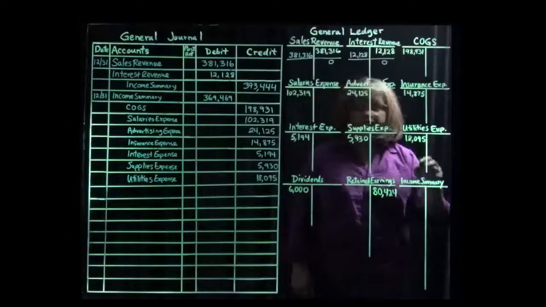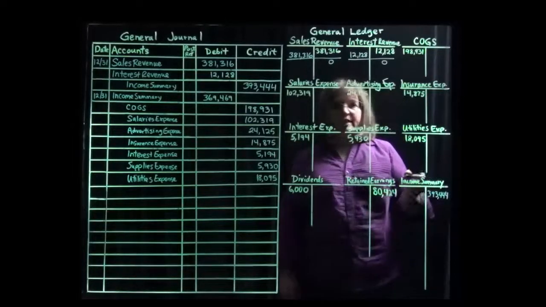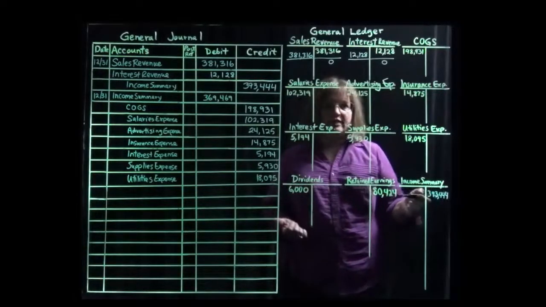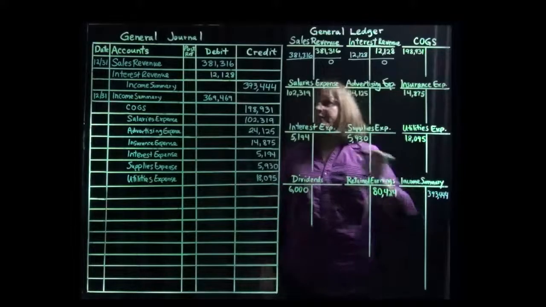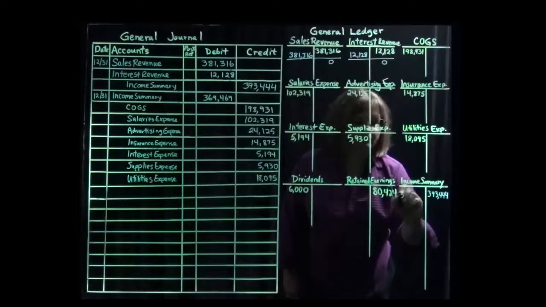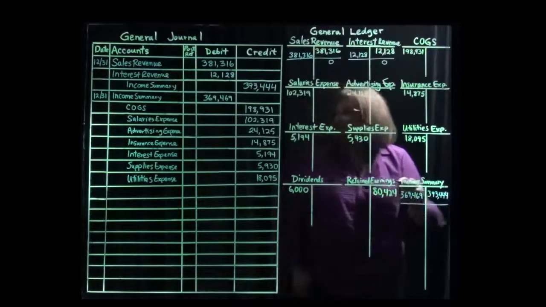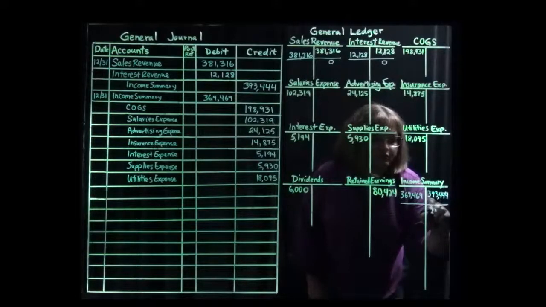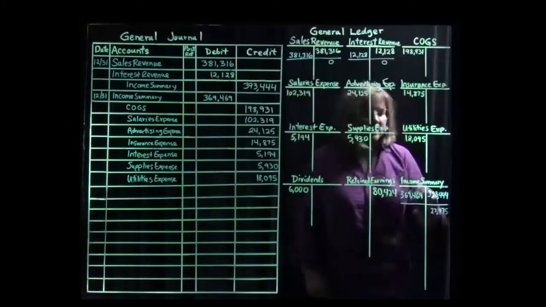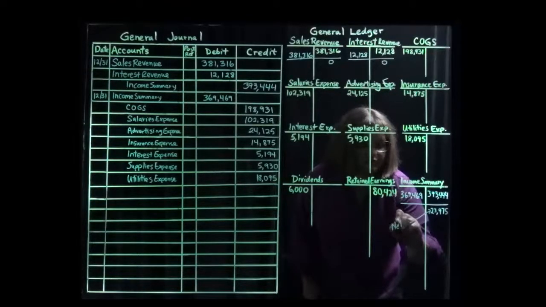We then credit the income summary for $393,444, and that gives us a balance in the income summary of $393,444. Then we post the second entry, and that means we're going to debit the income summary for $369,469. And if we then compute the balance in the income summary, that's going to give us a credit balance of $23,975. This number, 23,975, basically equals our net income